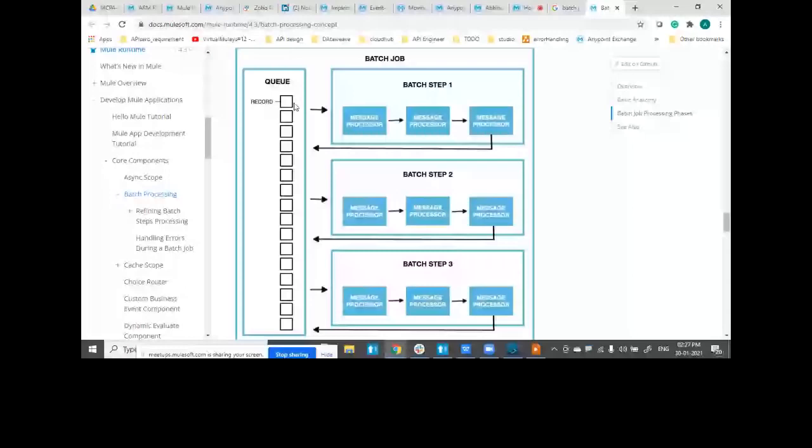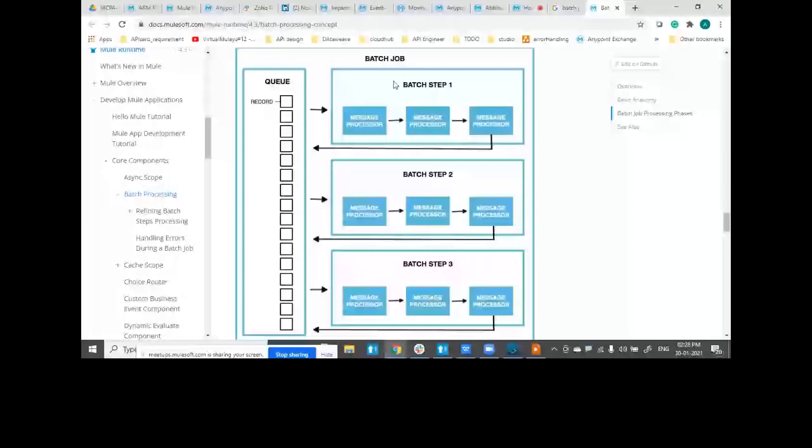The next thing that will happen is thread allocation. The default thread allocation for a batch job is twice the number of cores on which the application is deployed. Since our laptops are octa-core machines, that's the reason we get 16 threads allocated. Now, at any instance, 16 threads will pick up one block each. Remember, they will not pick a record. They will pick one block each and then they will start executing.